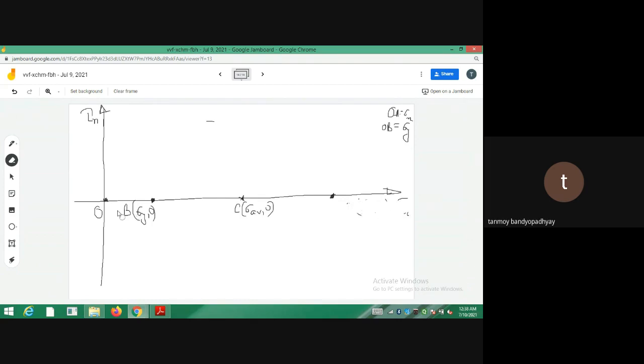So once you know the value of r, you calculate it as root over of sigma x minus sigma y whole square plus tau xy whole square. Once you get the value of r, then with A as the center, you plot the circle. So you will be getting a circle, with A and B having sigma x, sigma y. They are actually helping us to find the point C.